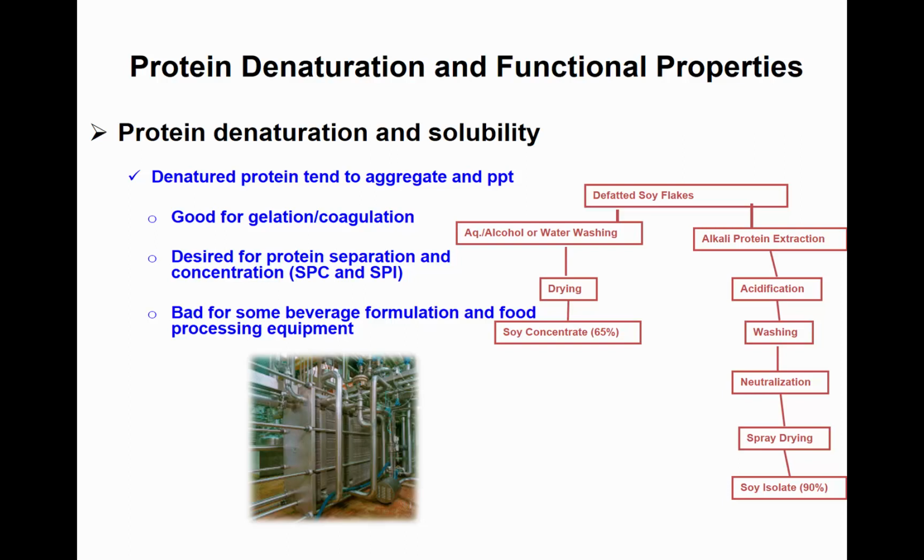But denaturation of the protein can cause a problem in the processing equipment. We call it fouling of tubes. You probably will learn that in processing, I'm not sure. But if you are processing a fluid mixture high in protein, and you run it through pipes at high temperature, protein might denature and precipitate on the interior walls of the pipes, and we call that fouling, and that requires maintenance and cleaning of the pipes. So this is bad